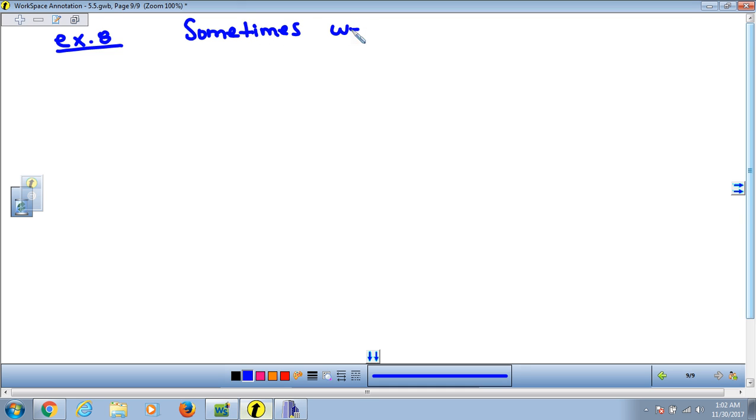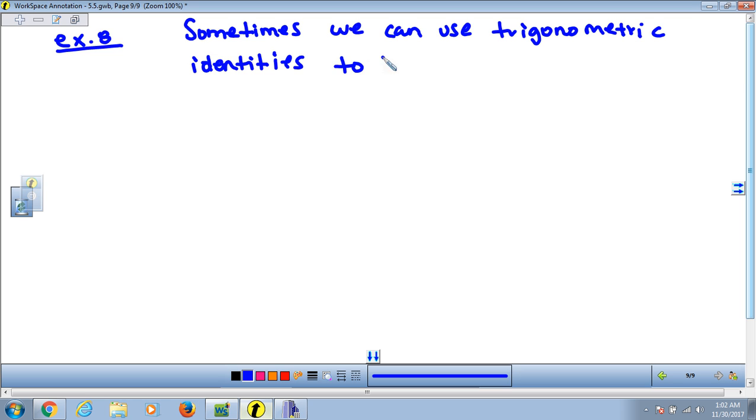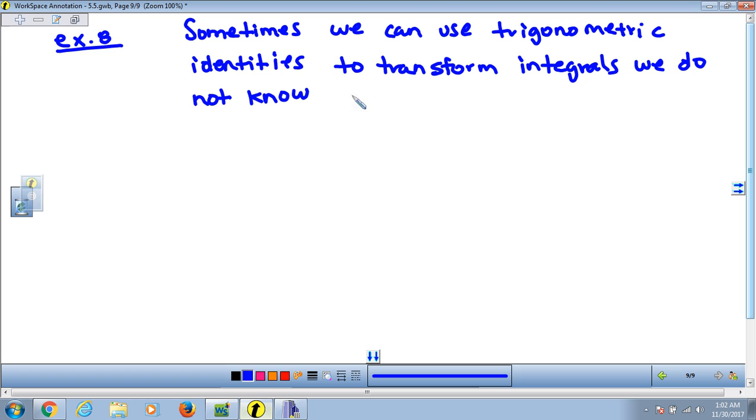Sometimes we can use trigonometric identities to transform integrals that we do not know how to evaluate into ones